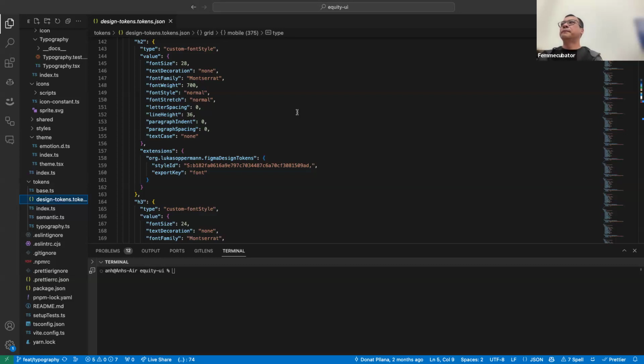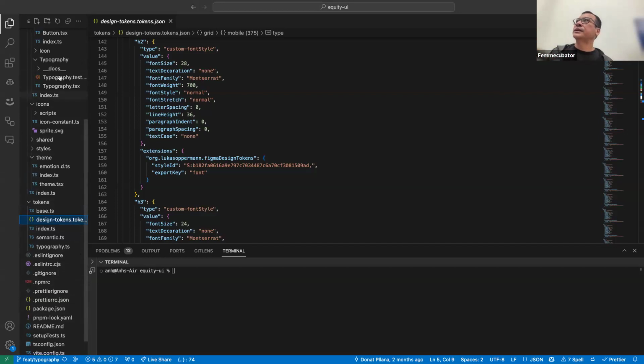With Style Dictionary, we have a script that has a configuration, and also a transformer and a formatter that would convert these design tokens into something that we could use. So if I go through our script right now,